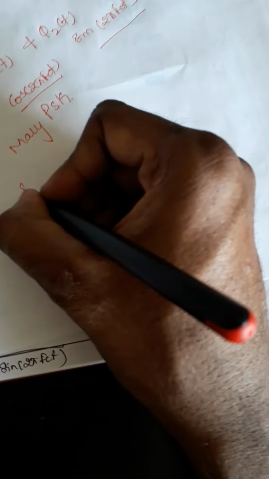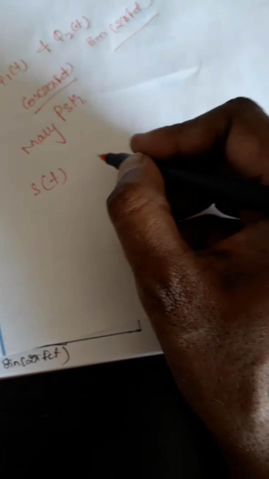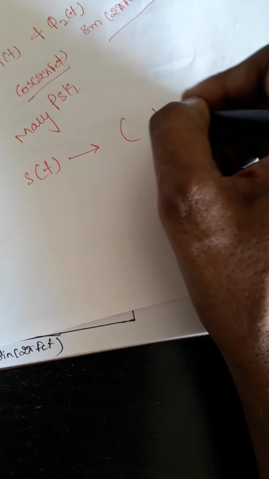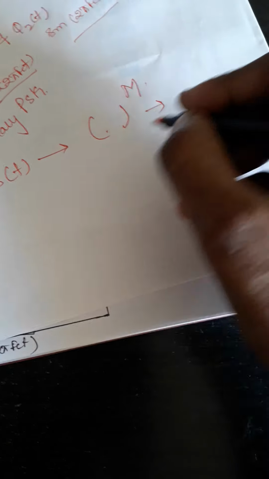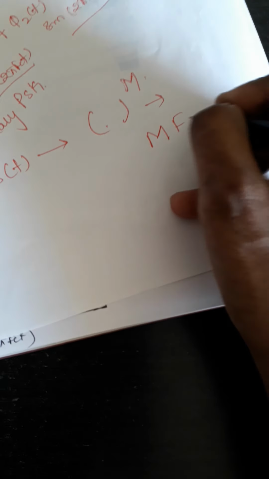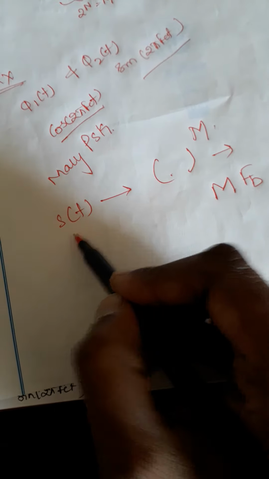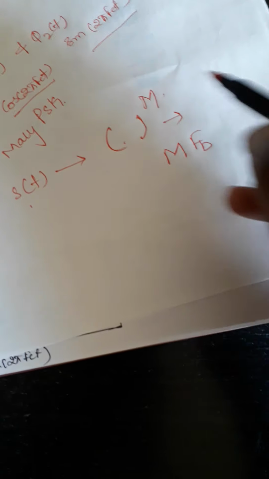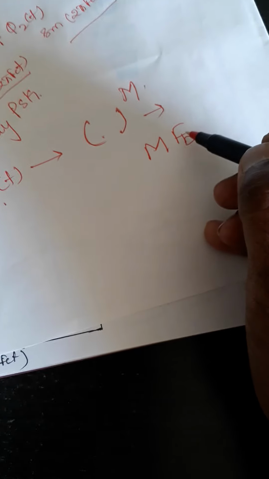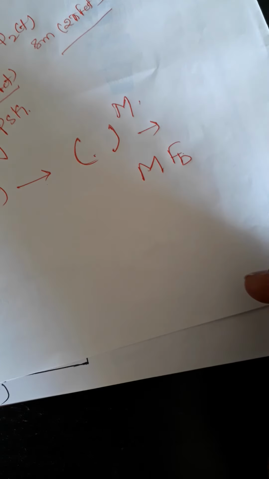So whatever message signal I get, I am going to square it up M times. Any signal, when you square it M times, the frequency becomes M into f, or if you want you can call it fb. I will repeat one more time. S of t is there. When you square any signal M times, whatever it may be, the frequency becomes M into fb. Hope you can understand.